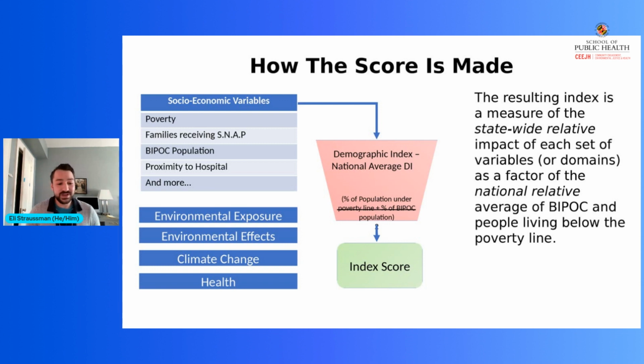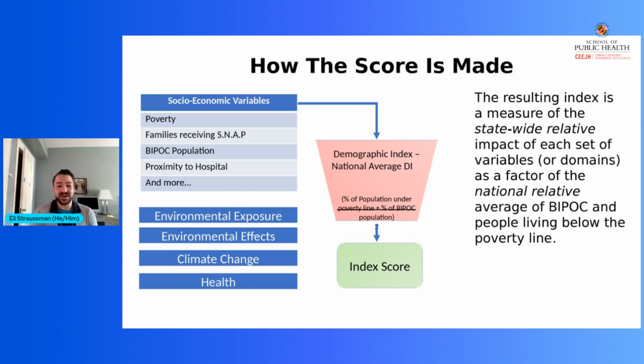And so the California EJ screen, which this is based off of, uses a formula that takes in this data and then weights it by the difference between the demographic index of that locality and the nation. Now, what is a demographic index? A demographic index is, as you can see in this middle box,